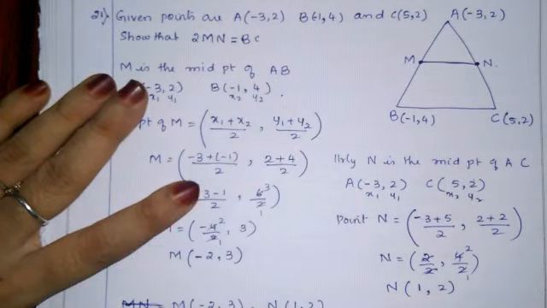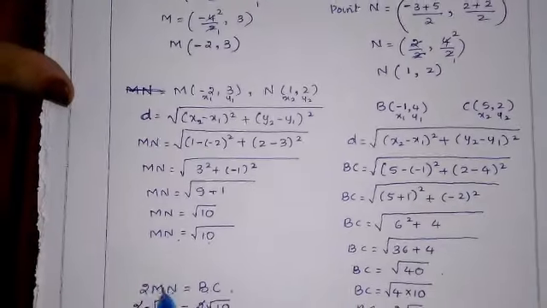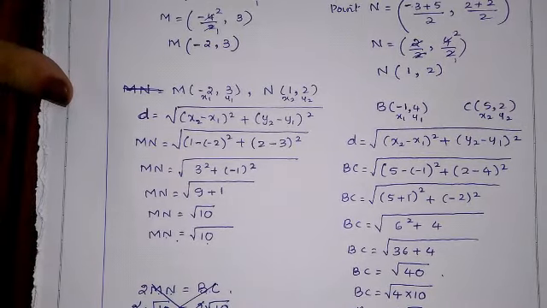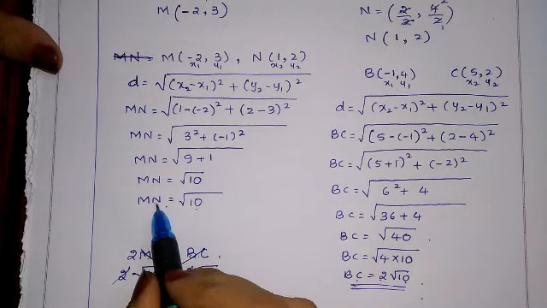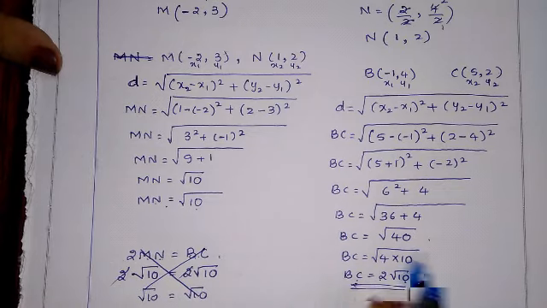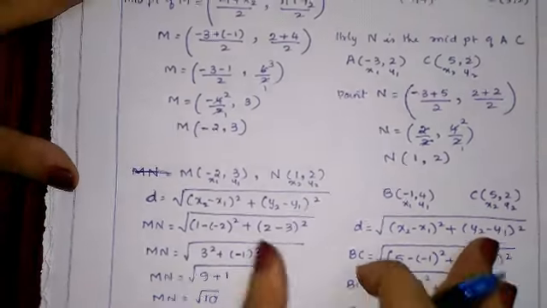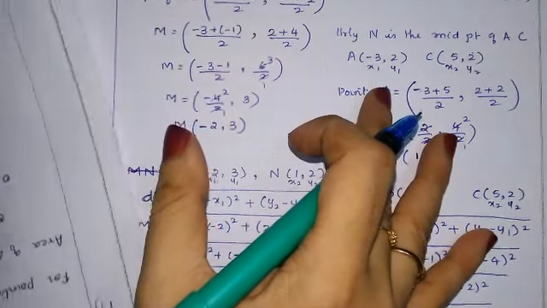So let us see the next question now. It's not required to prove here, they didn't say to solve and show here. Directly we can see that 2 times MN is 2 times BC. Here we directly proved it. So let us see the next question, number 22.